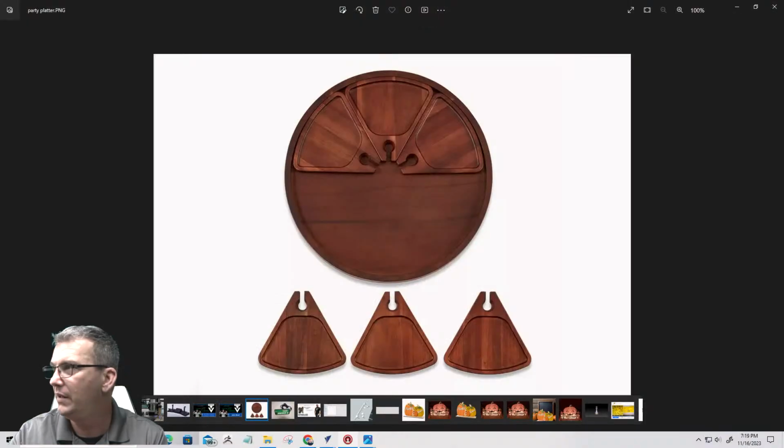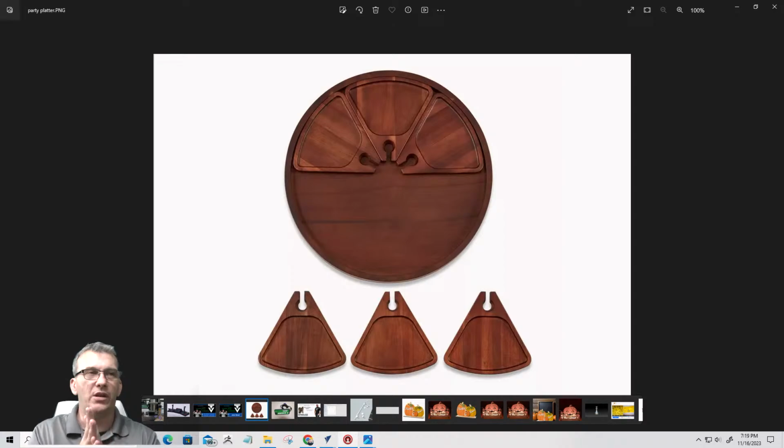Let's see if I can get that to pop up on the screen here again. And let me switch back to there. We're going to be working on this serving tray tonight, as well as another pizza serving tray and everything. And this serving tray has a little slot and place for a little wine glass to hang on and hold on to. So we're going to accommodate for that, and we're just going to kind of move forward with